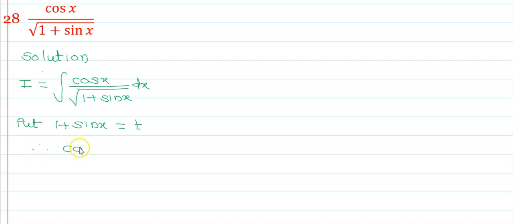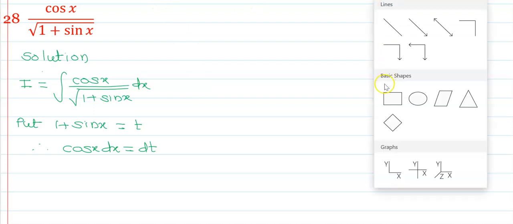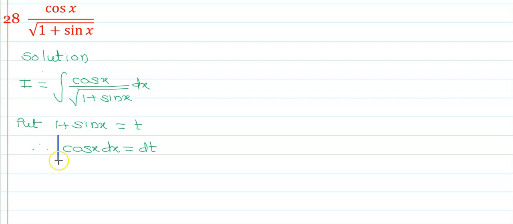Therefore, cos x dx is equal to dt. Okay. And here we have the required value. Now our integral I is equal to the integral of cos x dx, which is dt, divided by the square root of 1 plus sin x. Therefore,